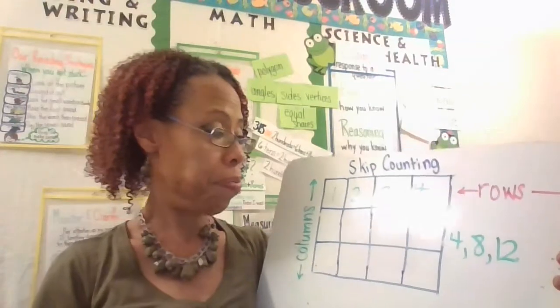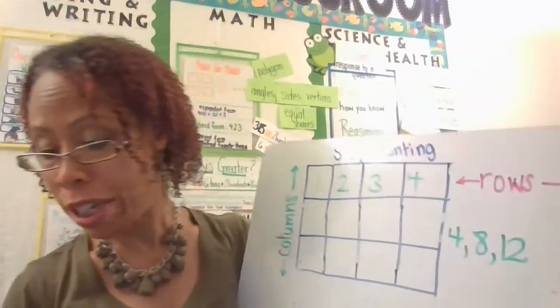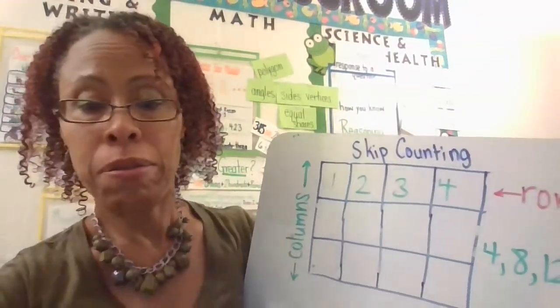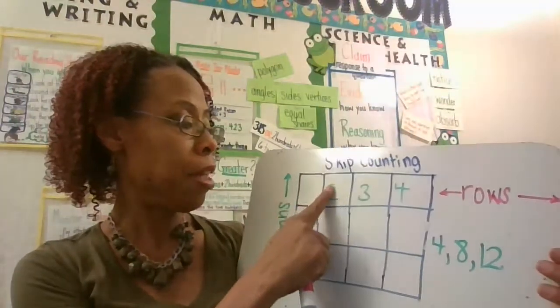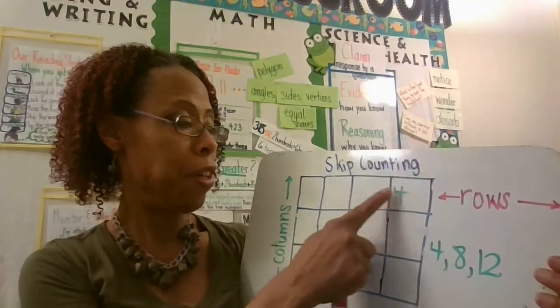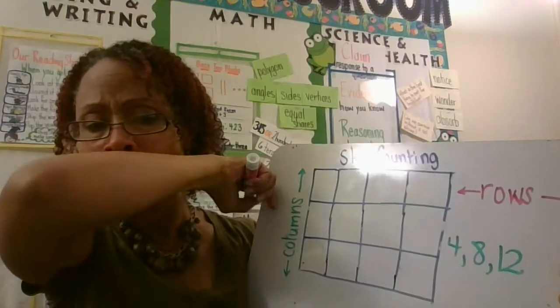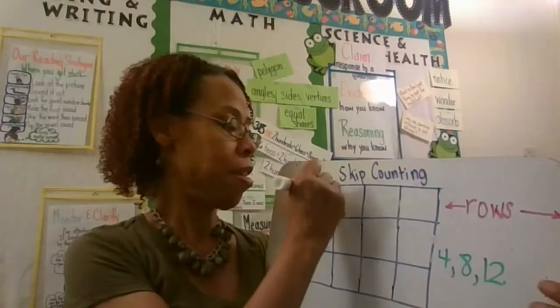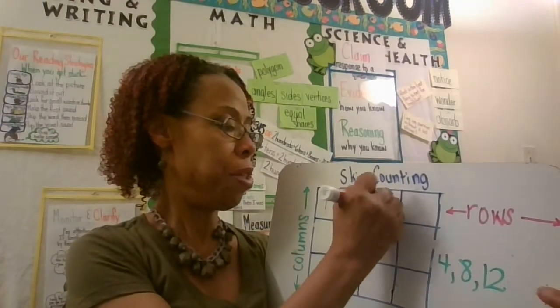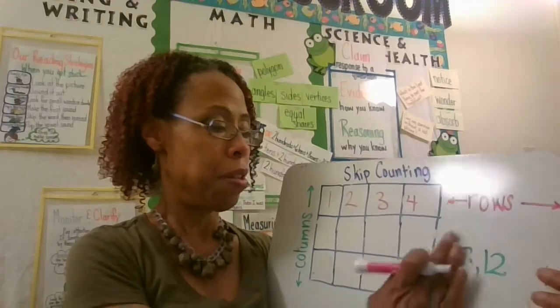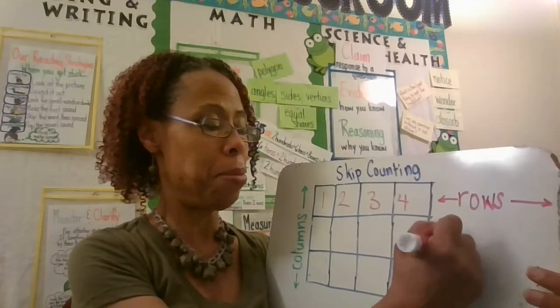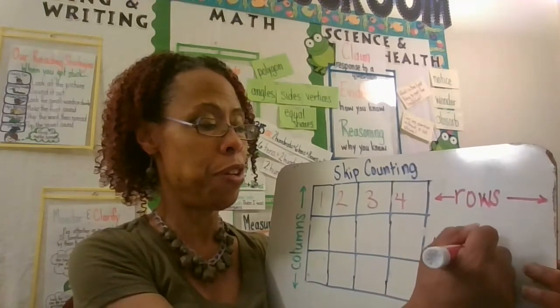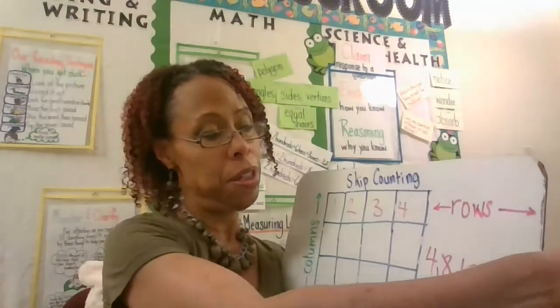Now let's, I should have done that in pink. Let's just go ahead and revise that. So we have 1, 2, 3, 4. And then skip counting by 4s. We have 4, 8, 12. Okay. Now,